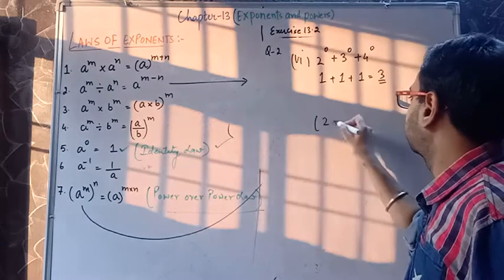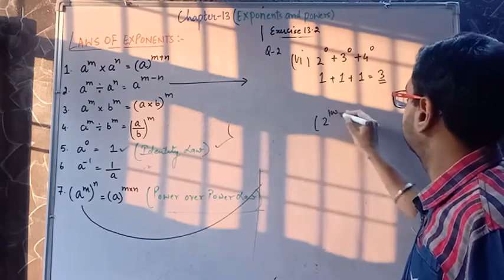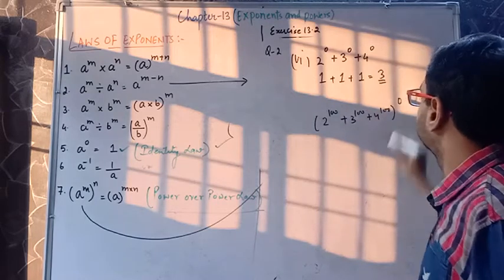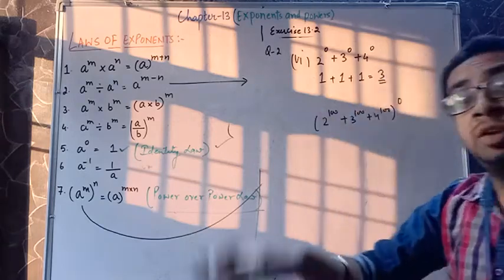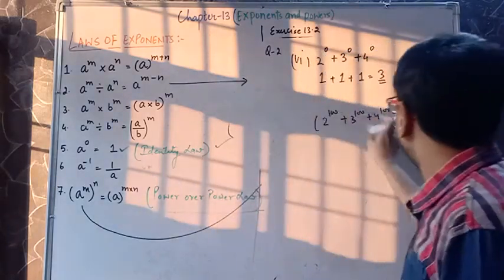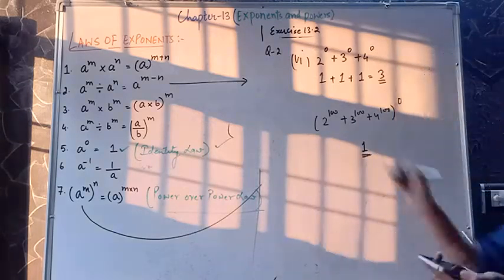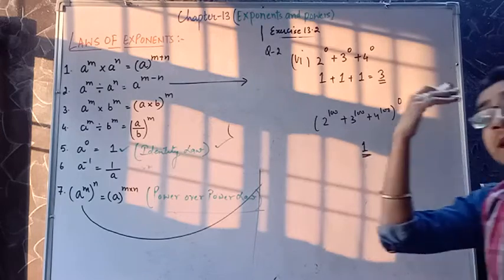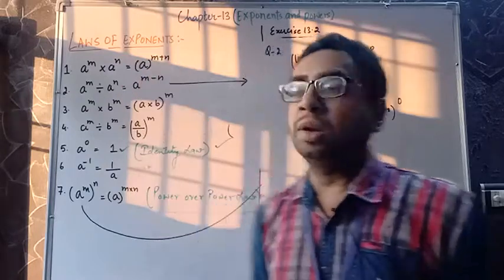Even, I'll give you a question. You might be thinking 2 raised to power 100, 3 raised to power 104. How will we solve? Whatever the result you will be getting, the answer is always 1, because whole raised to power 0 is 1. Even if the bracket on solving is giving whatever answer, but whole power is 0, the answer will be 1. Are we clear?